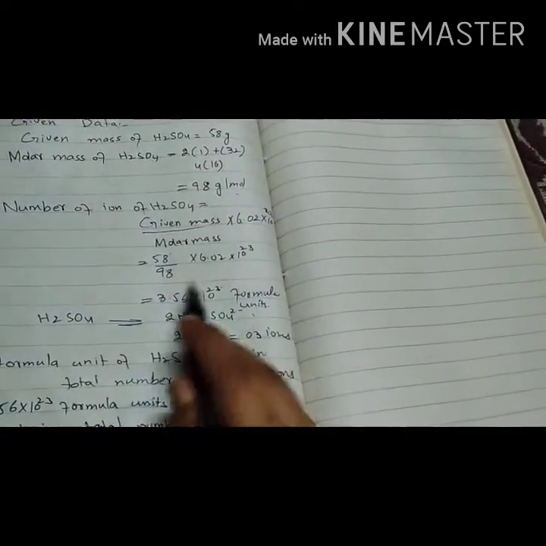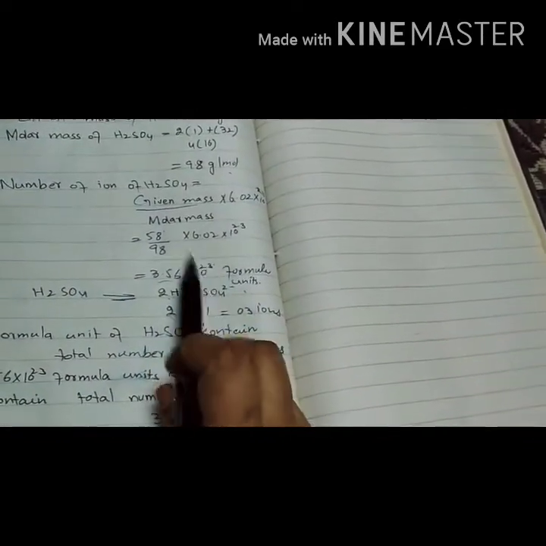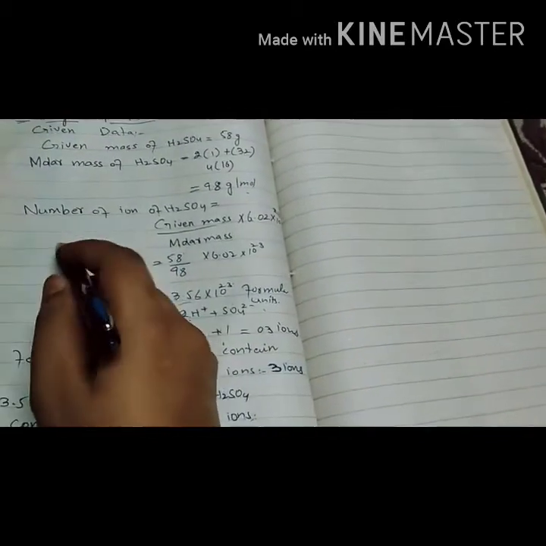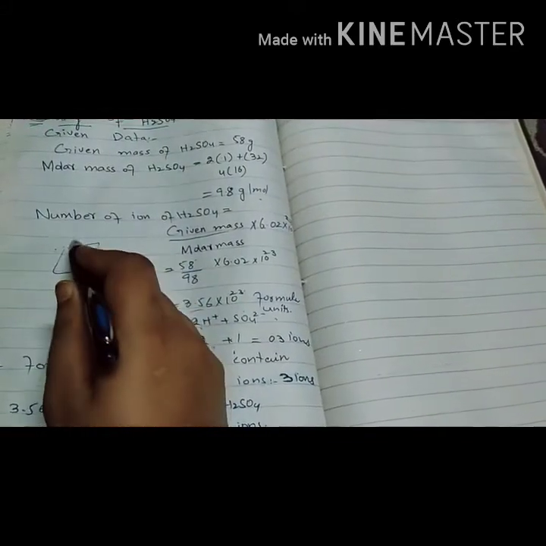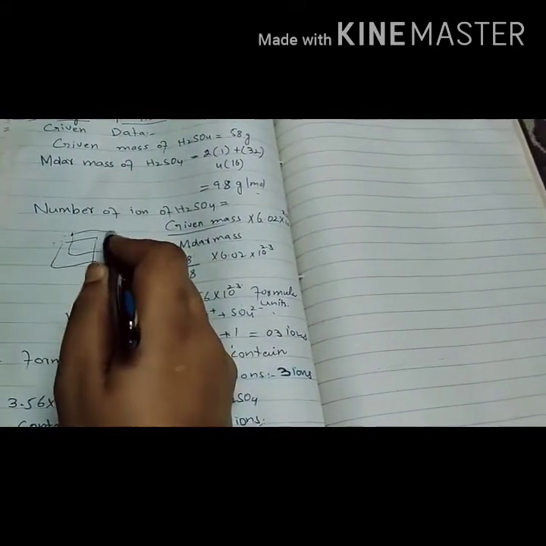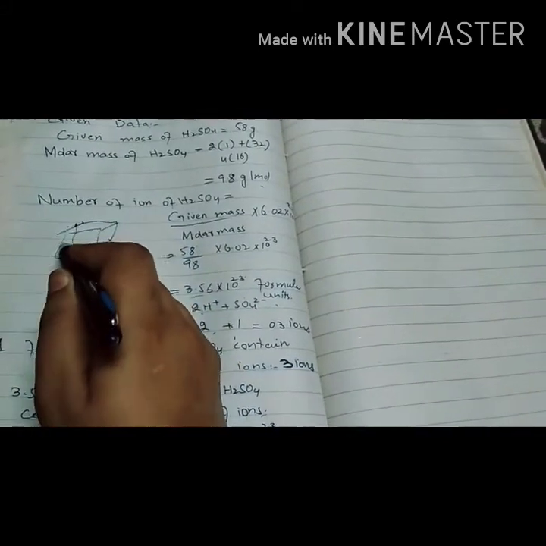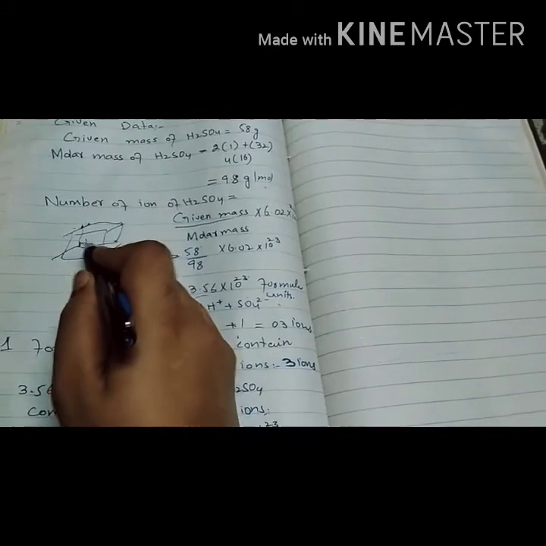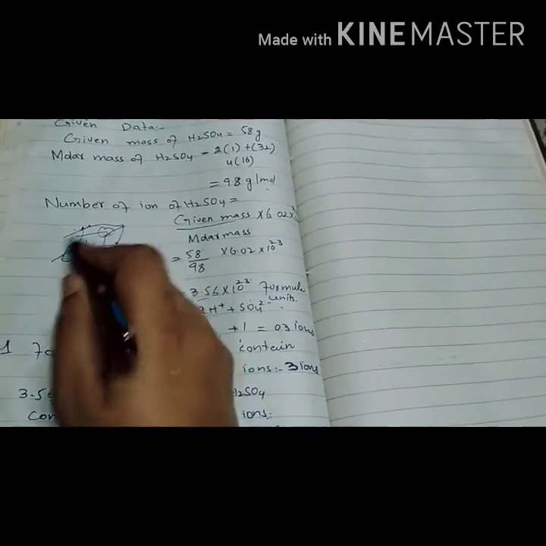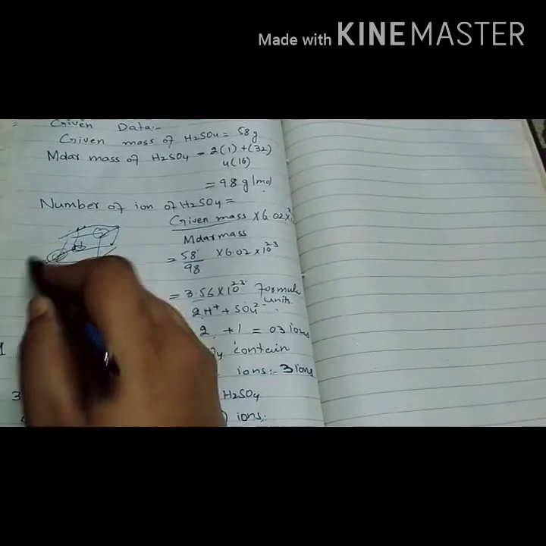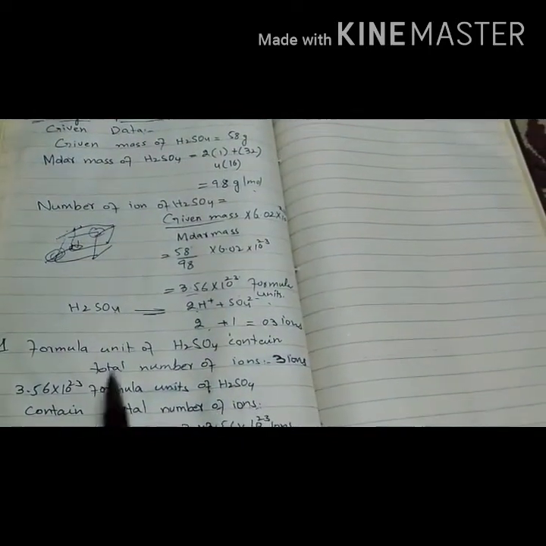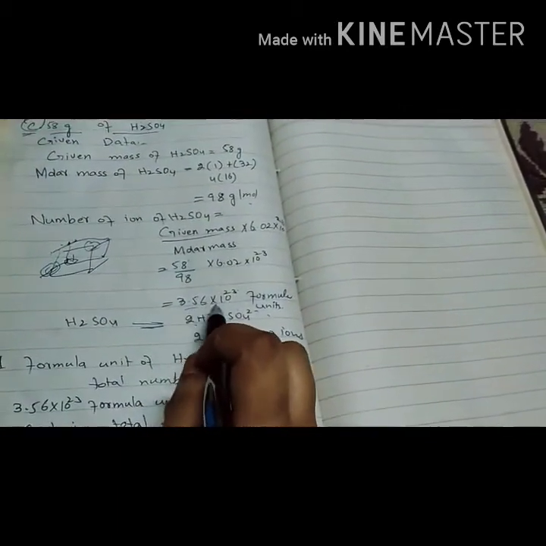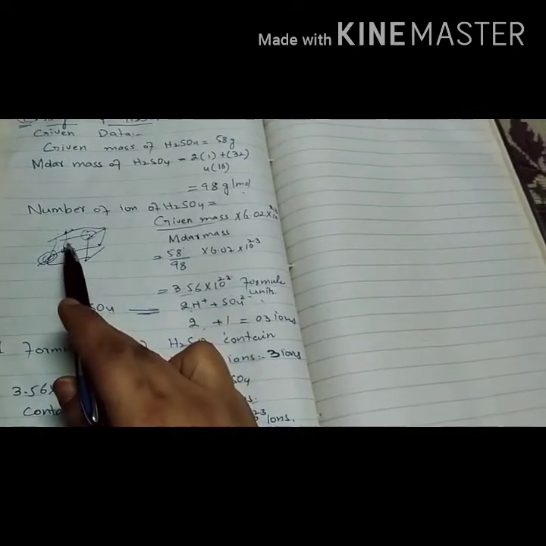these are the formula units. This is the formula units and the number of ions in the formula units. We know that formula units are in the shape of cube. It is the smallest unit in which sodium is in the mid and positive ion in the mid, and chlorine ion and negative ion are surrounded the positive atoms, so positive ions. So in this formula units, if we take 3.56 10 raised 23 formula units, so number of ions positive or negative in